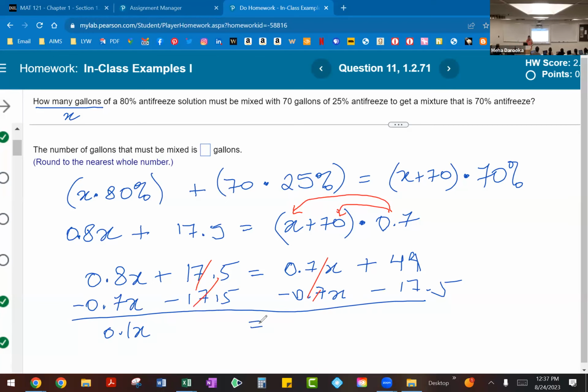So yeah, when we divide by 0.1, it comes out with